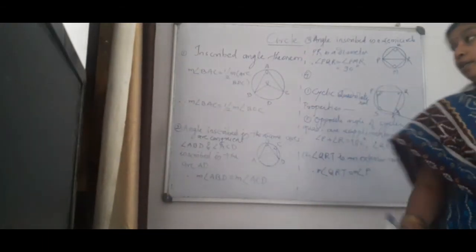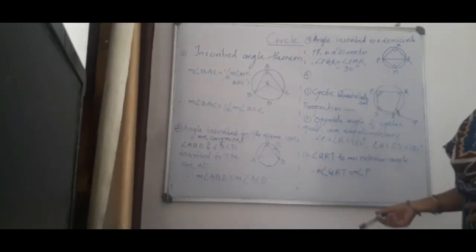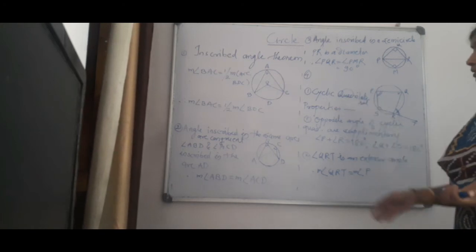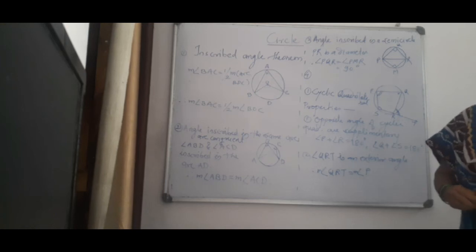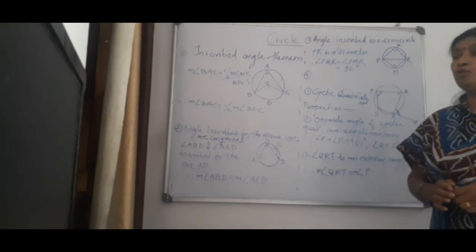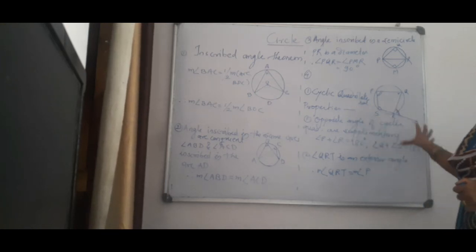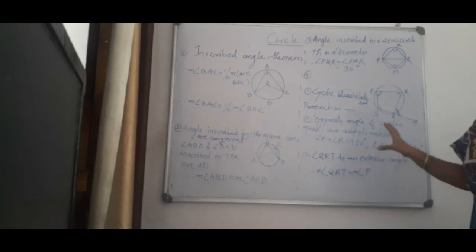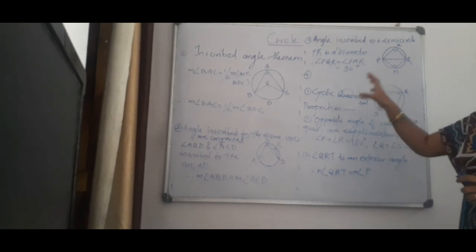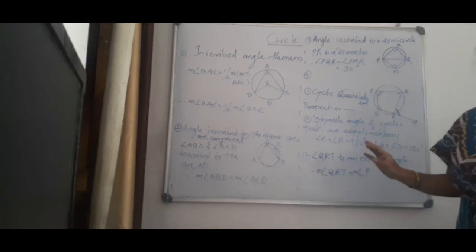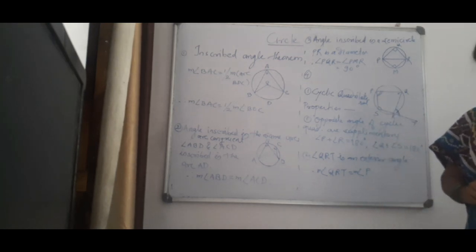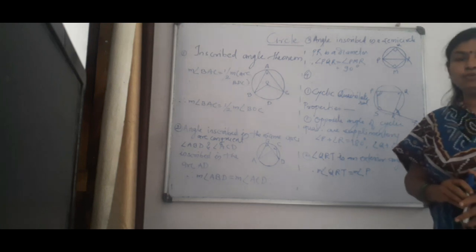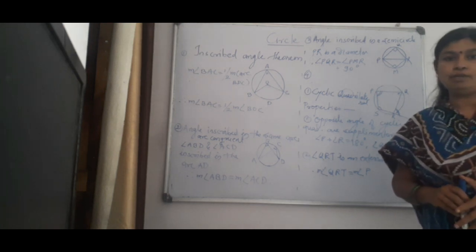So students, write down all that I have given in the video in your textbook. All the theorems and properties are important. In the next exercise 3.4, all the problems depend on these properties. So students, I hope you understood all these theorems and properties. We will take the cyclic quadrilateral theorem in the next period and also start exercise 3.4. Okay, so thank you and have a nice day.